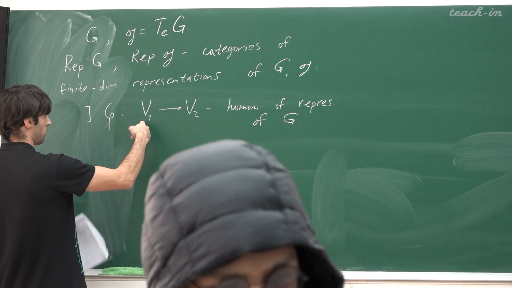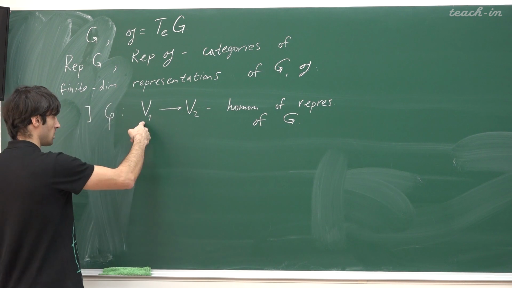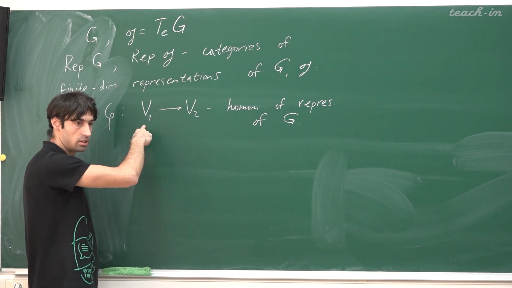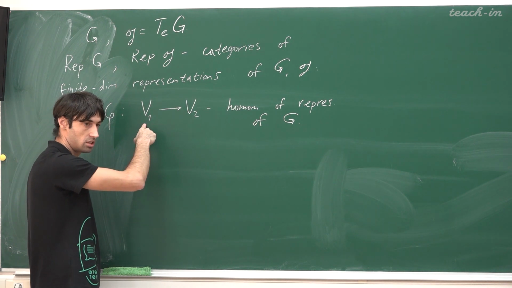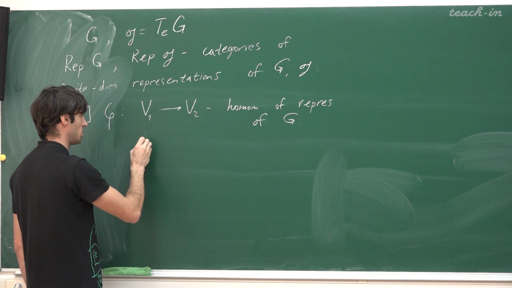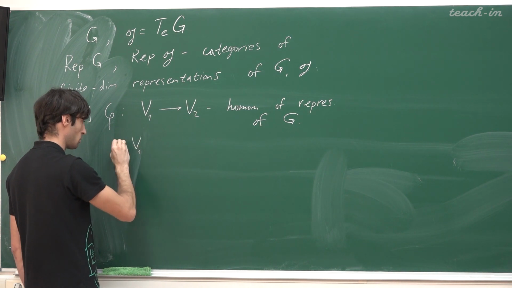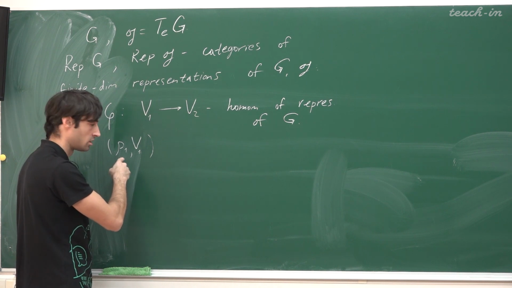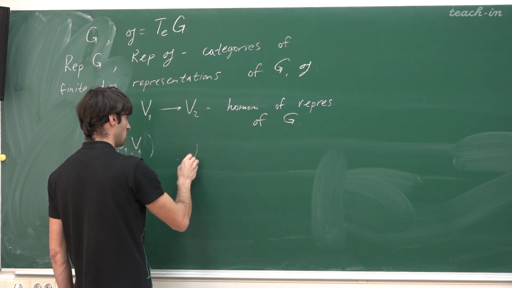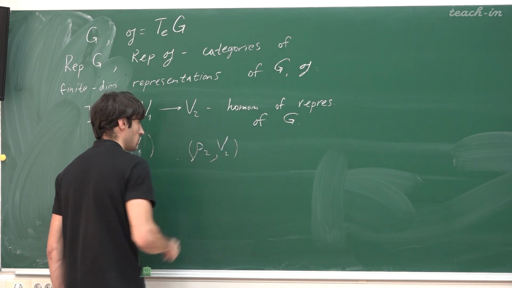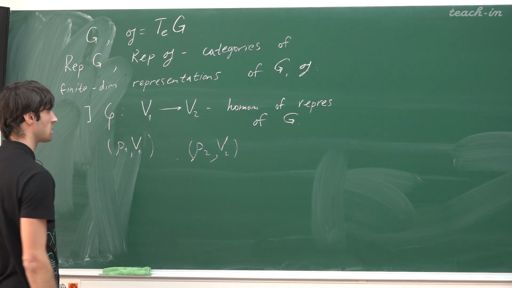V1 comes with a homomorphism rho 1 from G to endomorphisms of V1, and V2, of course, comes with rho 2, and the fact that phi is a homomorphism,